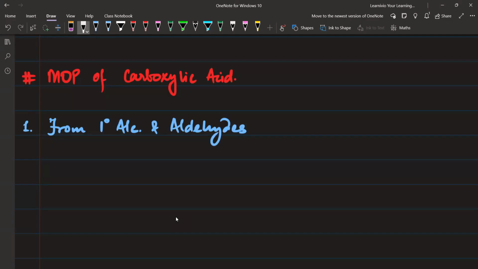Okay, it's number 1. First point, we have already seen this in the chapter of alcohol and aldehyde. So we write: 1 degree alcohol and aldehyde